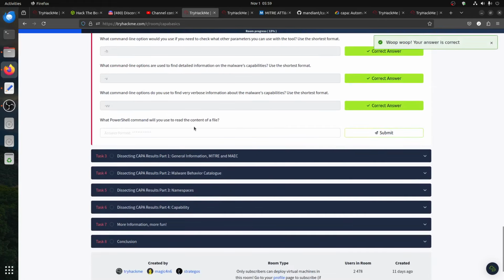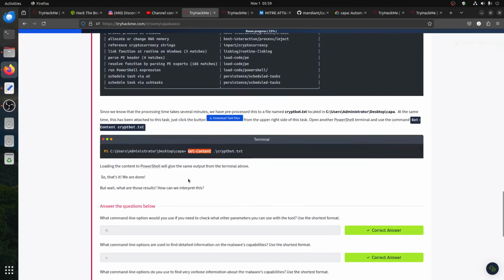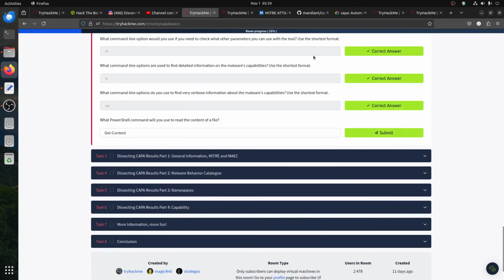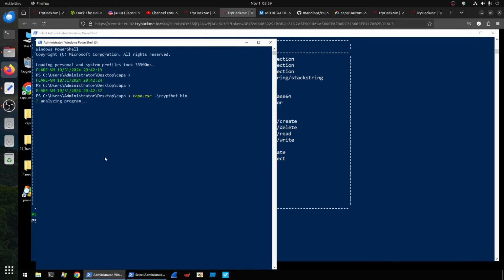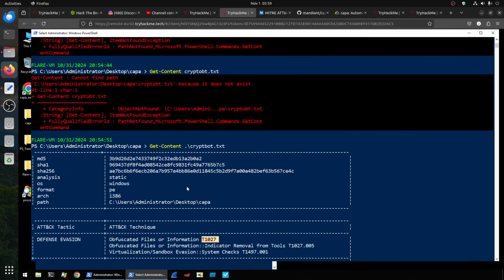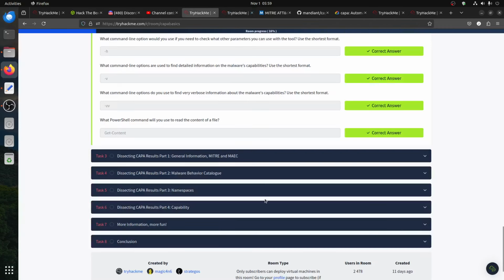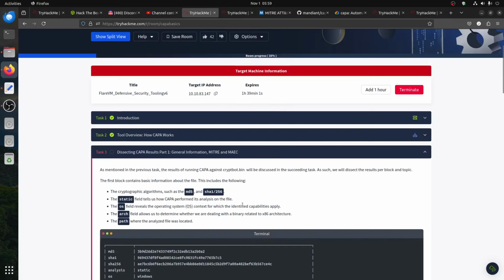What PowerShell command, now this one is what TryHackMe gave us to read the file, because it really takes long. You can see our PowerShell is still running. You see, it's still not able to finish. So that's why they give us the result automatically, so we can read from here. Now if we go to the next one, what is it,